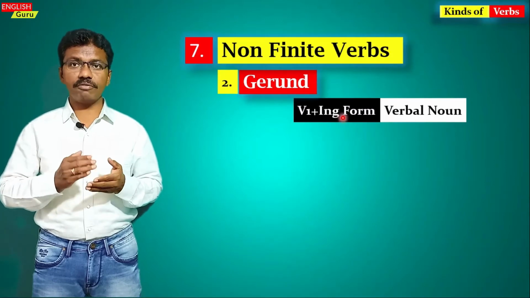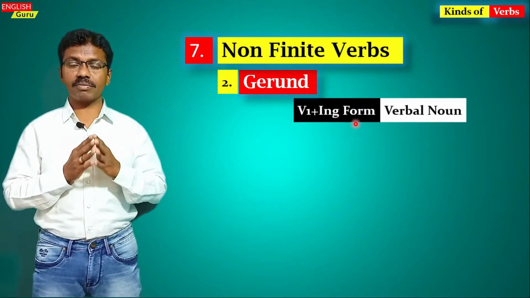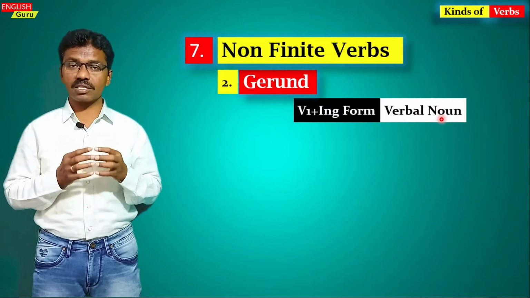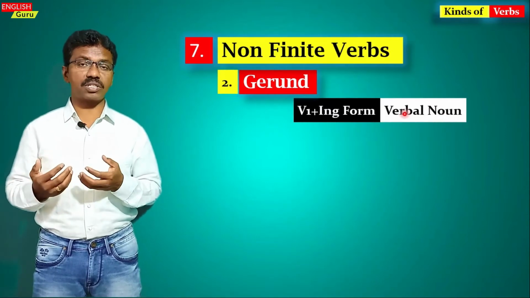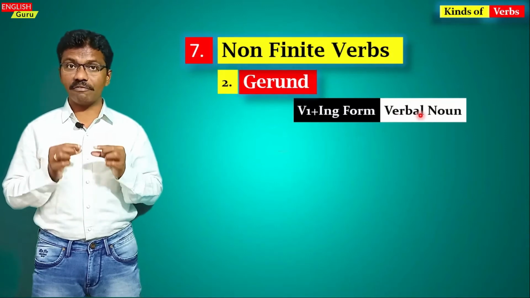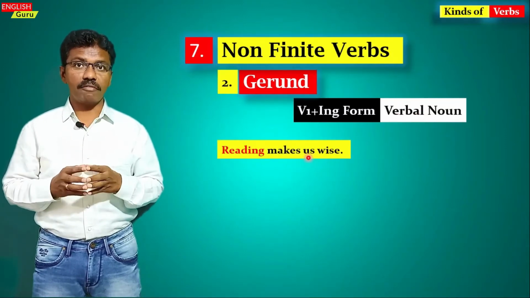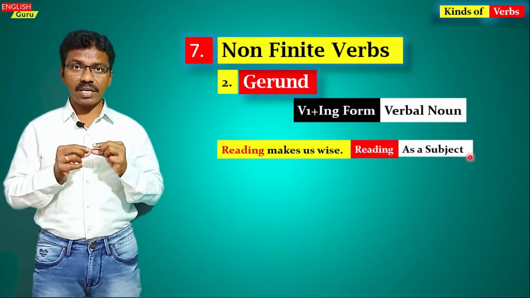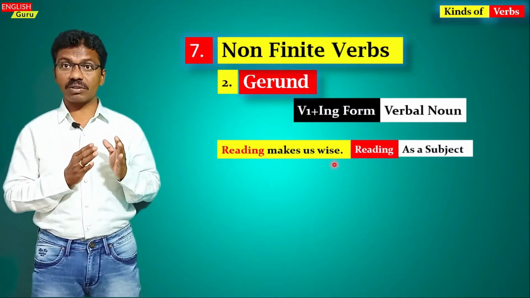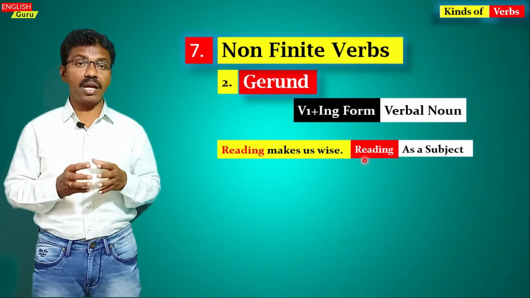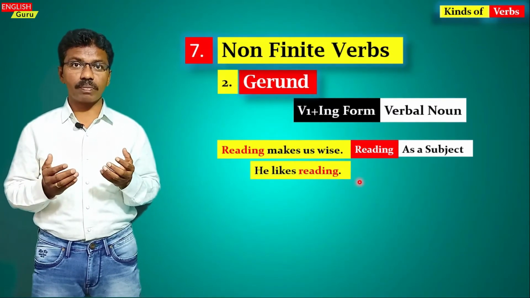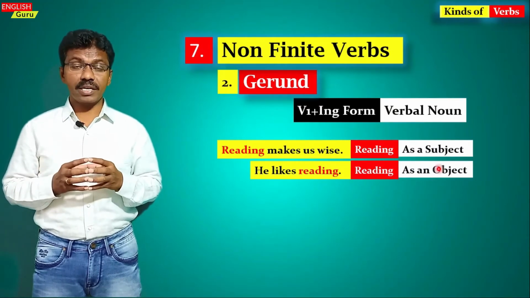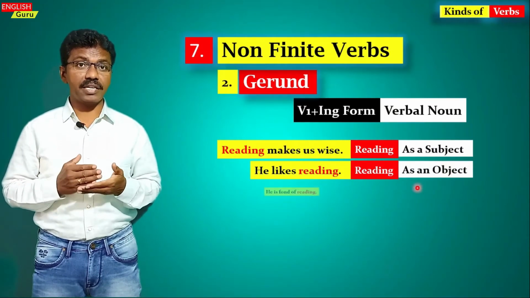So when you add the ing form to this particular base form of the verb, it becomes a gerund, and it is used as a subject or an object of a sentence, and it is called a verbal noun. For example, reading makes us wise. Here, reading is used as the subject of this sentence, and it is a gerund and a verbal noun. Whereas if you say he likes reading, again reading is a gerund